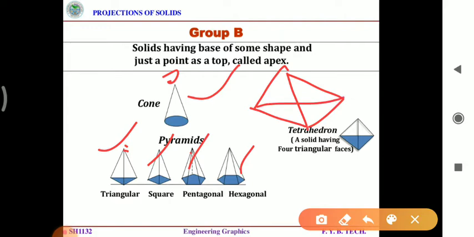Okay, if I draw a dotted line here, this is one triangle, this is another triangle, and the back side has one triangle and the bottom has one triangle. It has 4 triangles, and all these triangles are equilateral triangles. That's why it's called a tetrahedron. Okay, again, tetrahedron problems are there in your syllabus, right?